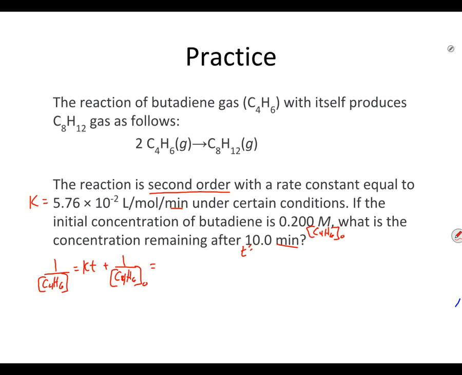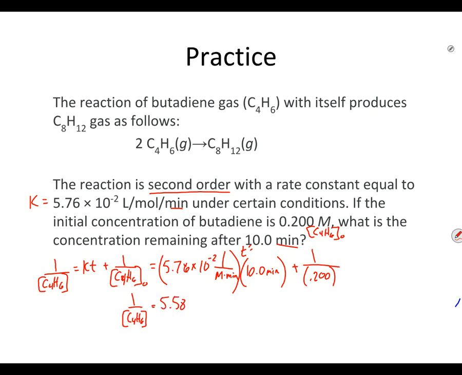All right, and then we'll just plug things in here. So my rate constant is 5.76 times 10 to the negative 2, in units of 1 over molarity minute, times time, which is 10 minutes, plus 1 over that initial concentration, which is 0.2. With all of that, I end up with 1 over C4H6 is equal to